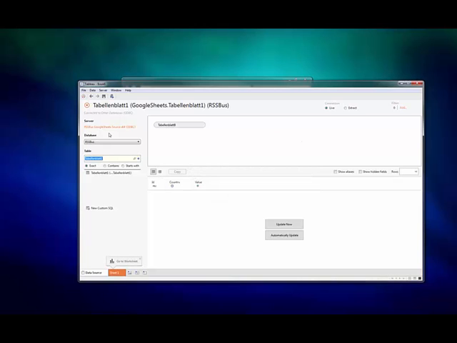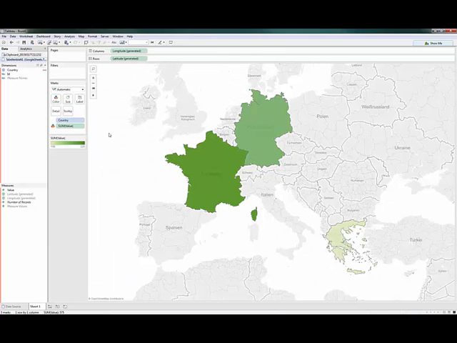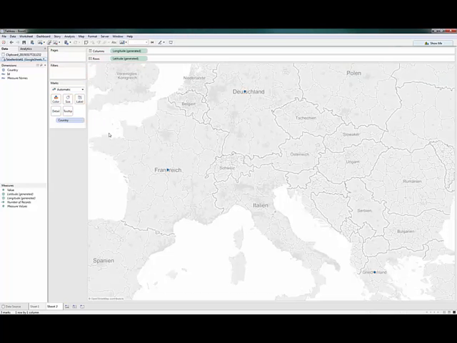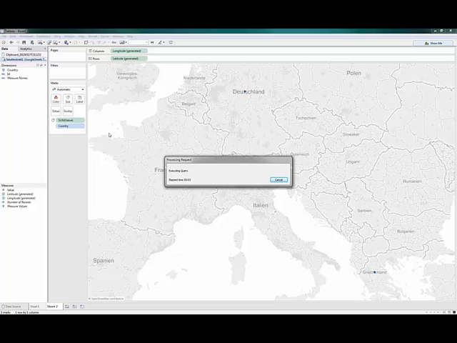Okay, here we go. Here is our sheet. Let's go live here. So I'm going to create a blank new sheet. Let's just drag and drop the country over here. And again, let's put in the value, let's say the size, and you will see the information in just